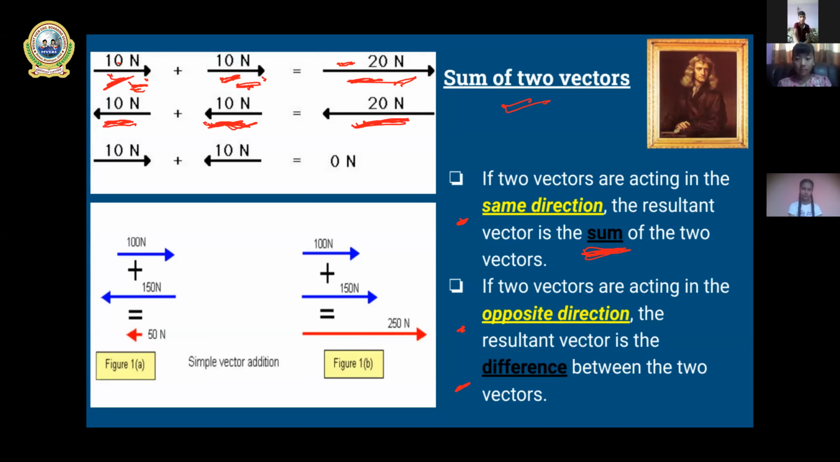But if you see here, now 10 Newton is applied towards east. 10 Newton on the same body is applied in the opposite direction, towards west. These two forces are being applied on the same body, but one